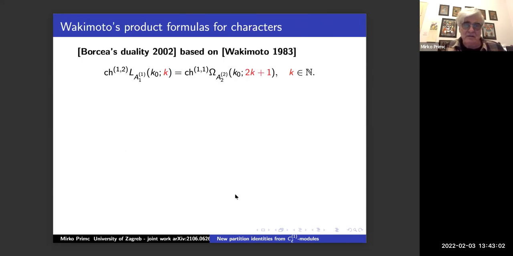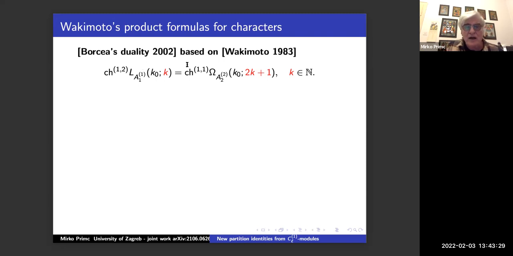There is, besides the principal specialization formula by Lepowsky that gets to be a product, Wakimoto's product formulas for characters, for certain specializations of characters. So Borcherds was,